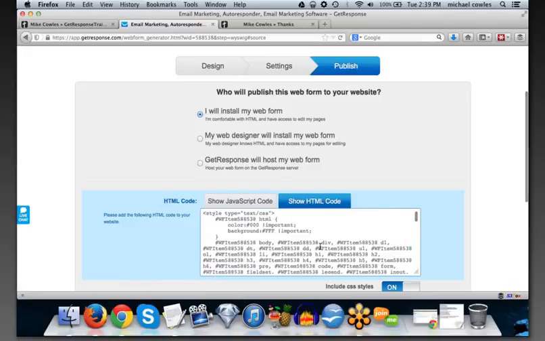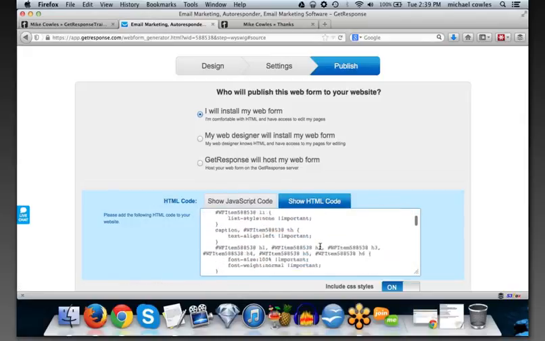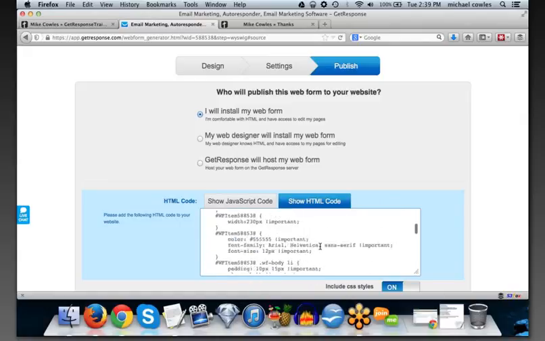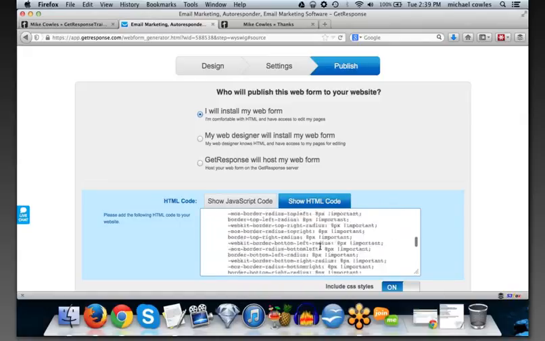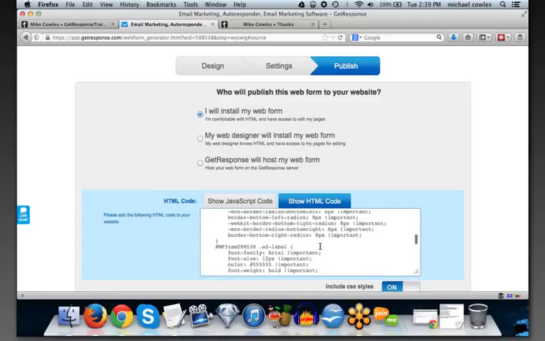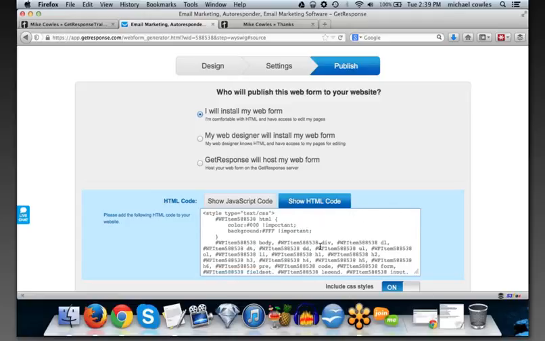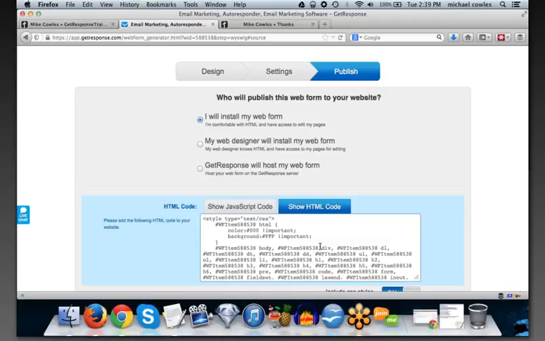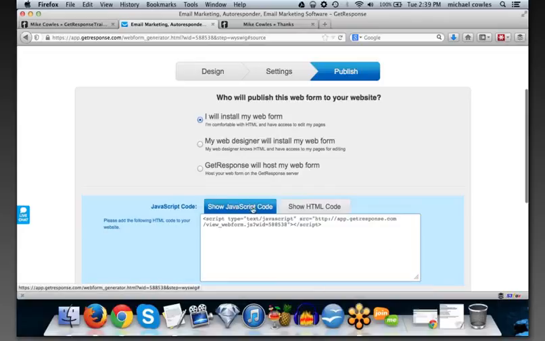This one is a plethora of code, like a dictionary, so if you don't copy all of it the right way, or, which is more common, if WordPress edits your code, which a lot of times there's a bug with WordPress where you can put code in there and they'll think, oh, he actually means this, they'll change it and it won't show up right. So use the JavaScript code.